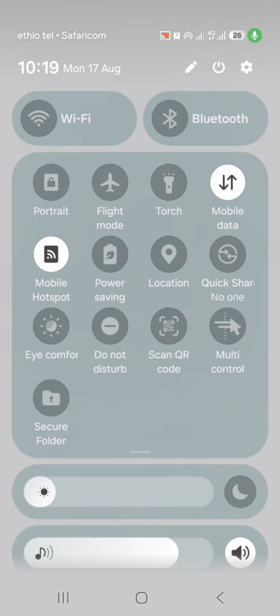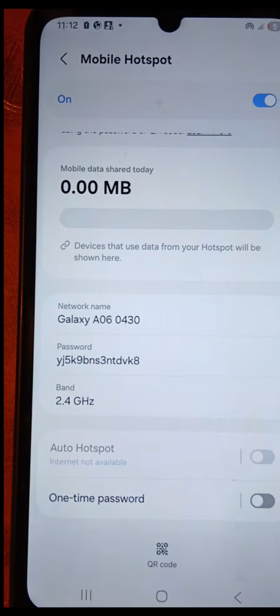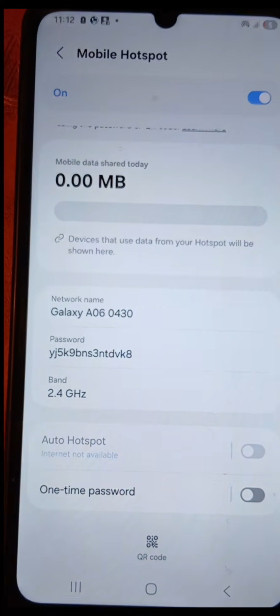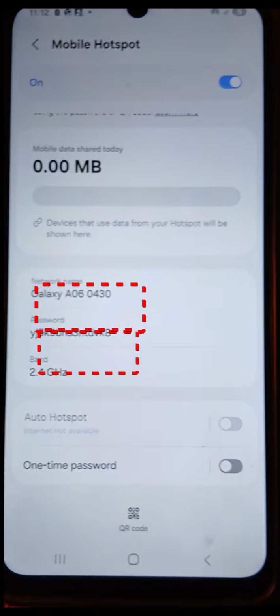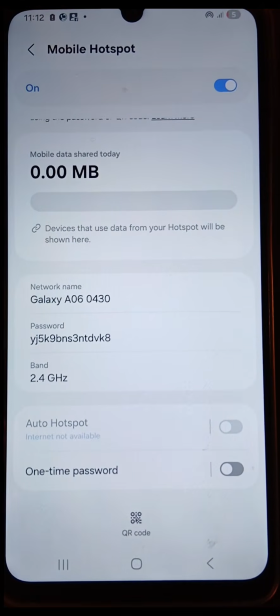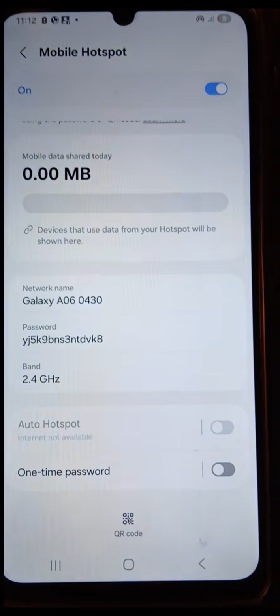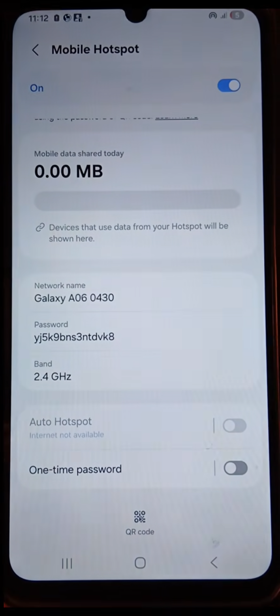Just enable the security of your mobile phone if it is used as a Wi-Fi. To do so, long press it, and it will pop up with these two options: the network name and password. So these are very important settings. The network name is simply the name of your hotspot or your mobile. So you can set it whatever you wish, call it whatever.